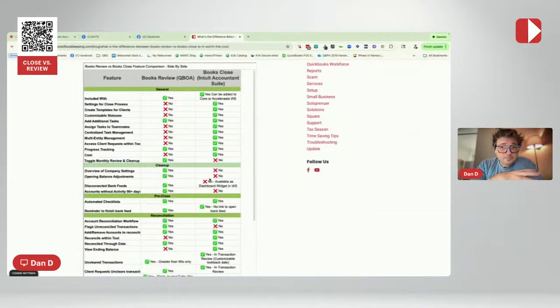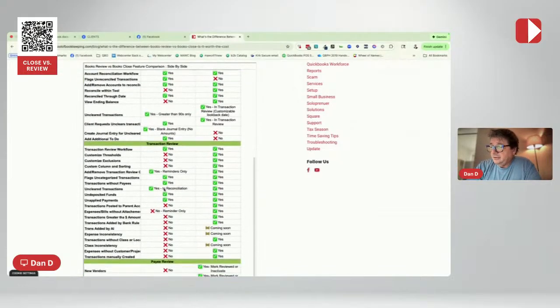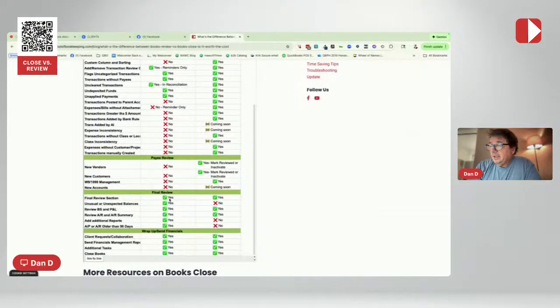Where at Books Review, you do have to go in as the accountant user into those subscriptions and access that area inside the subscription. All right, so there are some tasks that you can do in one and maybe not in the other. And one other thing that we wanted to mention, because we did talk about that on the